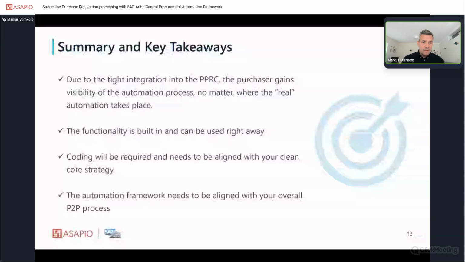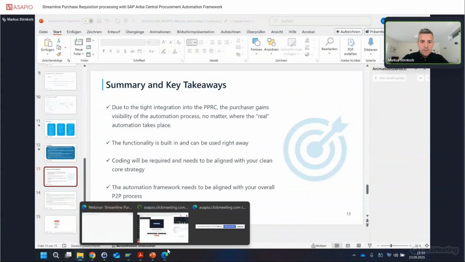The functionality is for free and built in. If you want to use it, there will be coding required. There's no way around it. Really, no customer uses it without any coding, but there are bodies available where you could put in your custom logic and you can align it with your clean core strategy. And the automation framework, of course, needs to fit into your overall procurement process. That's also important. That's what we didn't talk about today, where demands are coming from, how to separate them. I mean, that's one thing that you usually decide within a project, and yeah, really happy to discuss here. All right, that's